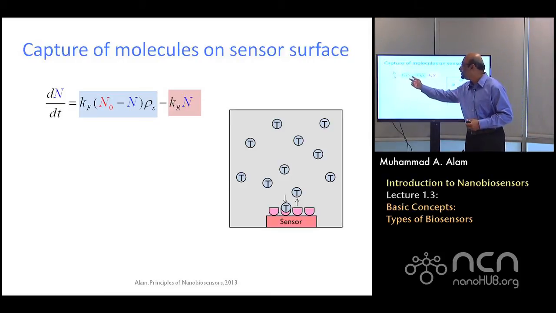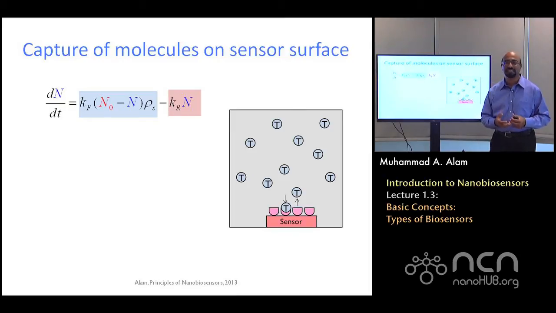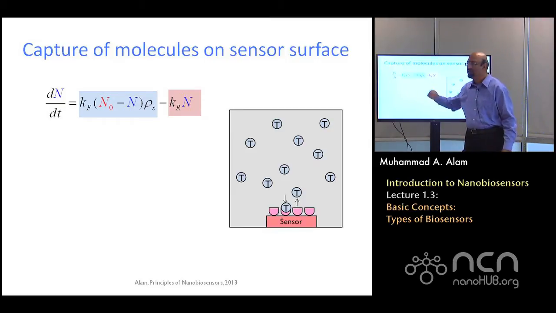So the difference, the number of unoccupied receptors, is necessary in order for this capture process to work. Kf, you can view it as a stickiness coefficient. If a molecule comes in and touches the receptor, and it immediately catches it and never lets go, then the Kf will be very high. On the other hand, if it comes in and the molecule conformation is not exactly right and it lets go again without really catching it completely, then the Kf will be lower.